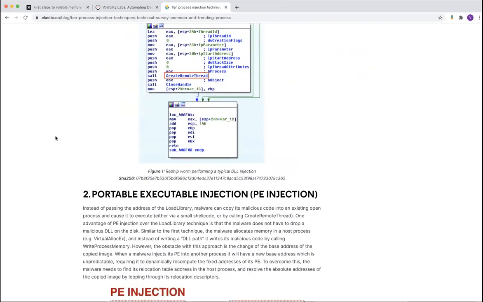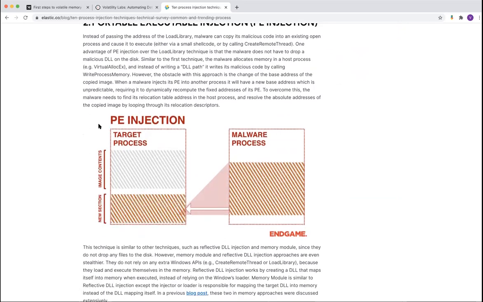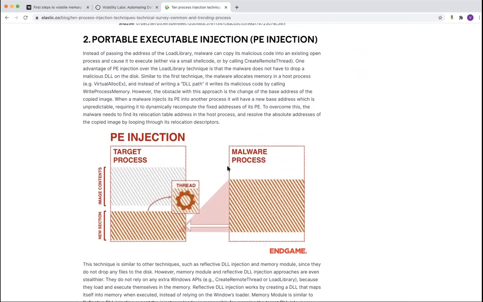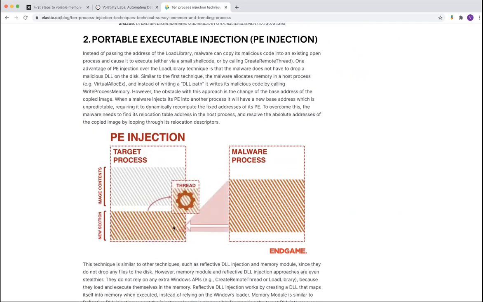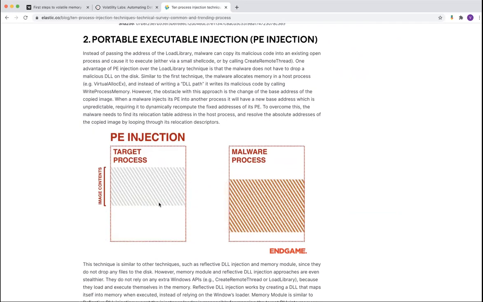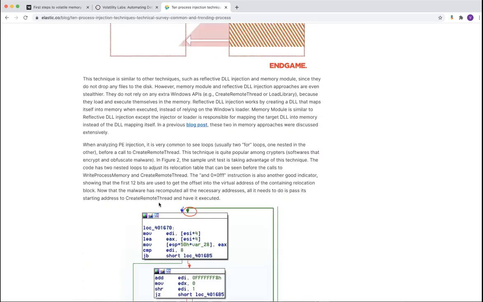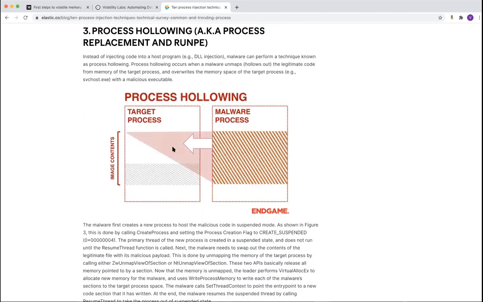Now there are certain things, like you can see portable. Again, what is happening is that the malware is actually injecting some data inside some other process. One of the easy techniques I will just show you is process hollowing. Suppose the malware wants to hide itself behind notepad.exe. What it will do is start notepad.exe itself, but in a suspended state.